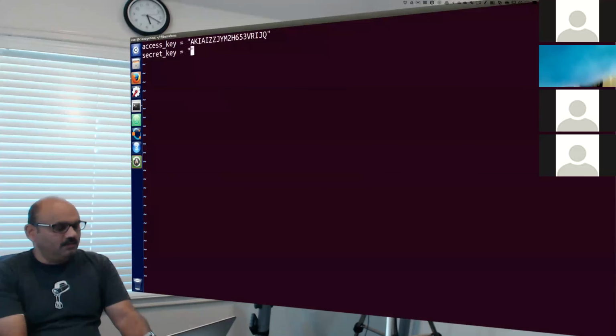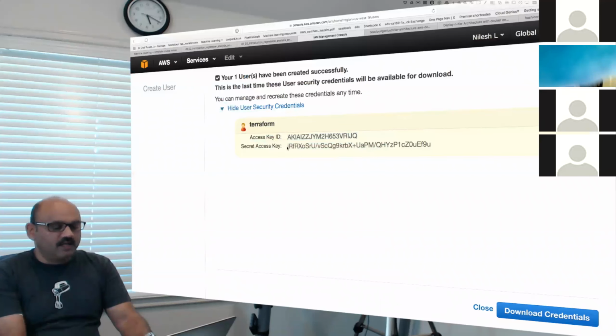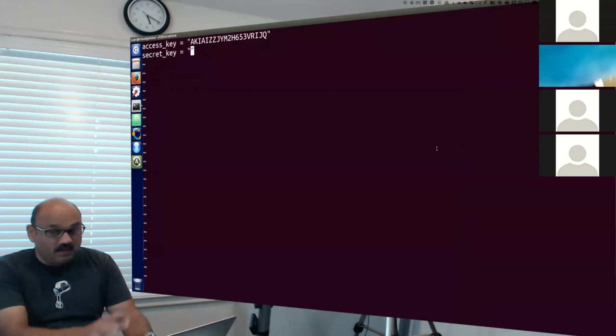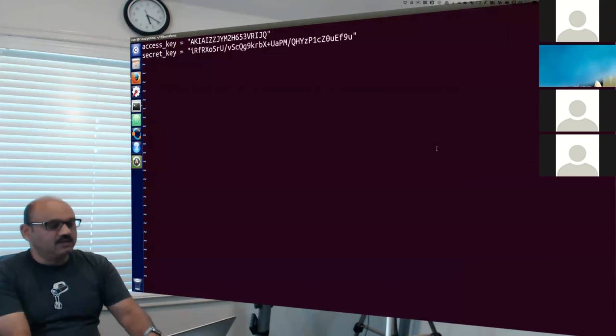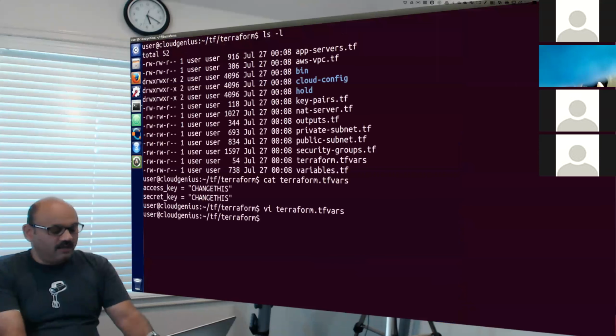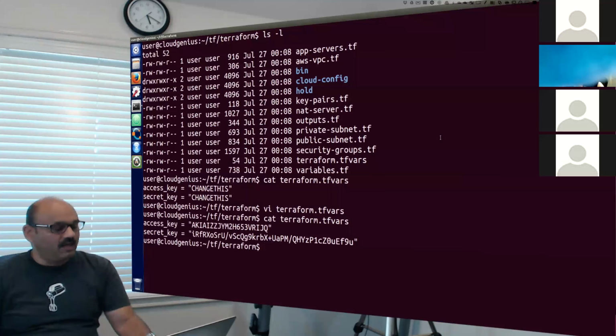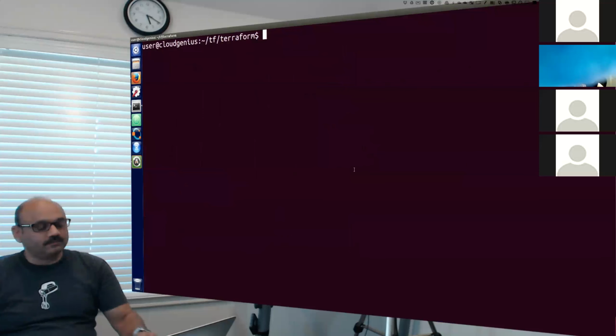You just need to be aware that I'm using an editor that you may not like. You can just use Atom. I'm using this editor to make sure that you can see properly, because Atom is somehow showing very small fonts, which is why I'm not using it right now. I included my secret as well as access key in that same file in this fashion. I'm going to exit the editor. Now catting out that content shows the correct value of my change. This has been replaced by this number, and the secret has been replaced by the secret. That's great. Now, we are ready.